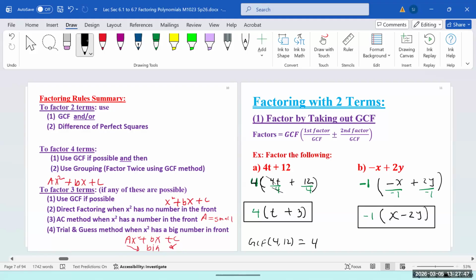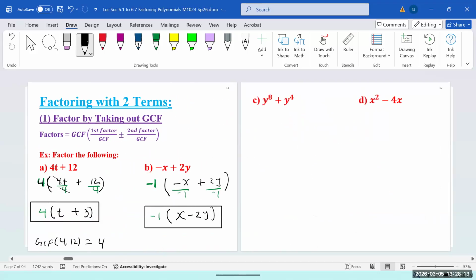So the main purpose here is to show you that anytime you factor out a negative, the sign will always change in your polynomial. So negative x turns into positive x, positive 2y turns into negative 2y. So sometimes you do have to factor out one as a common factor in the grouping method or in the SE method. When you have nothing in common, you always have one in common.